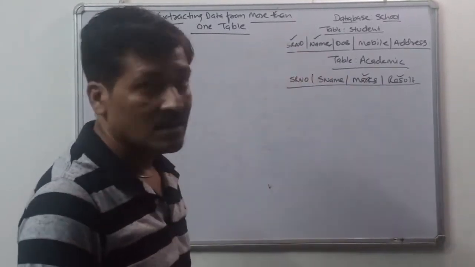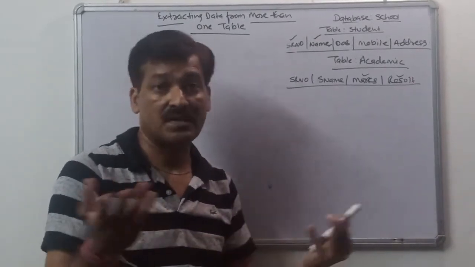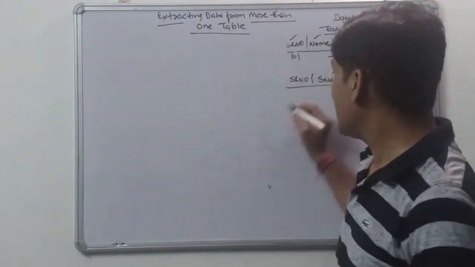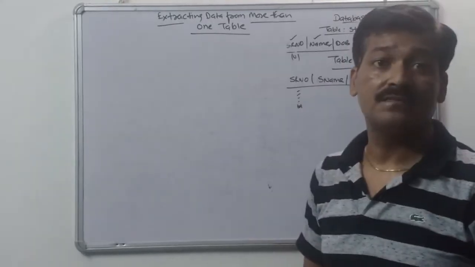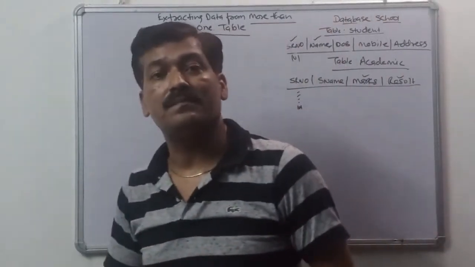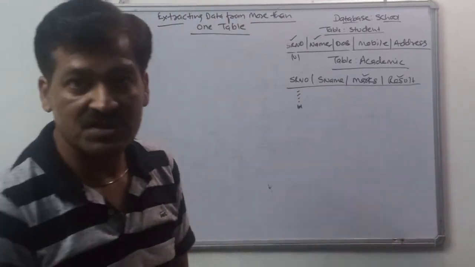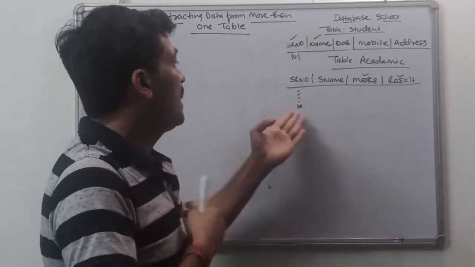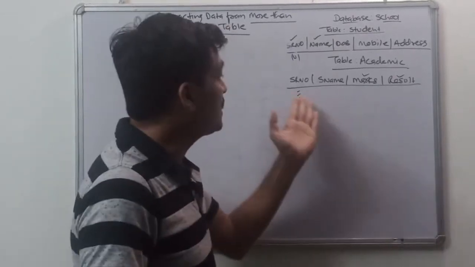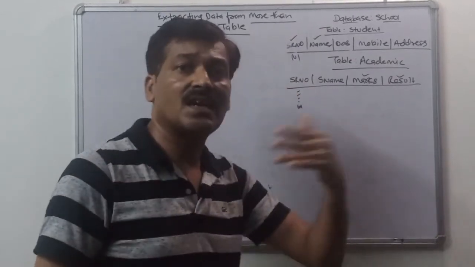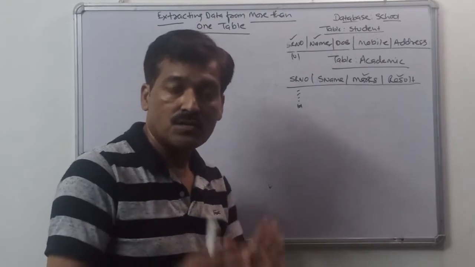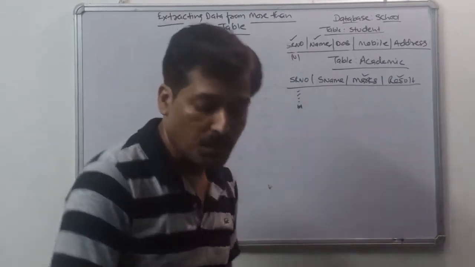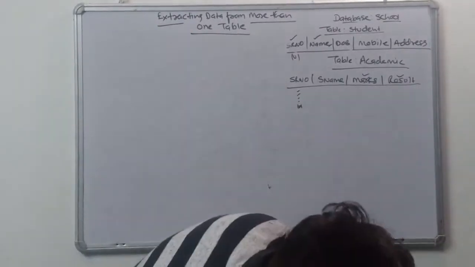I need to pick the data from both the tables, but the problem may be, suppose 101 is given here at the first position, it may be possible that here it is given at the fifth position. So how will the data be printed? If the system takes its position, the first position data is 101 in the first table, but fifth in the second table. So it can print the data of another serial number from the second table. To find the solution, we have it in SQL to fetch the data from multiple tables.